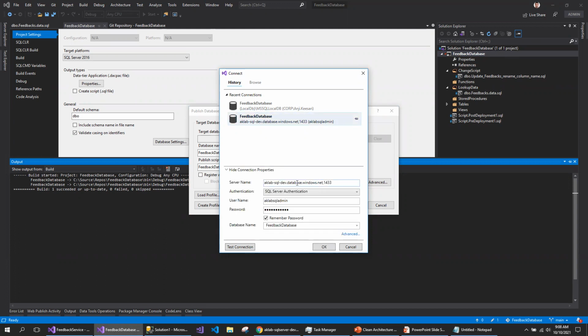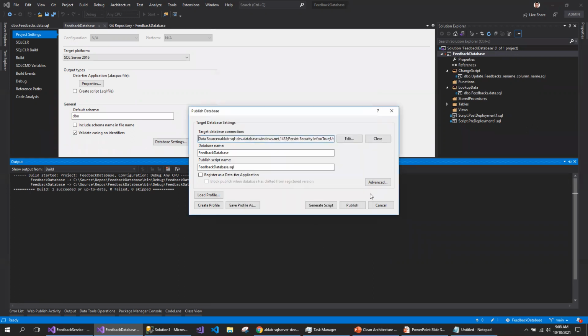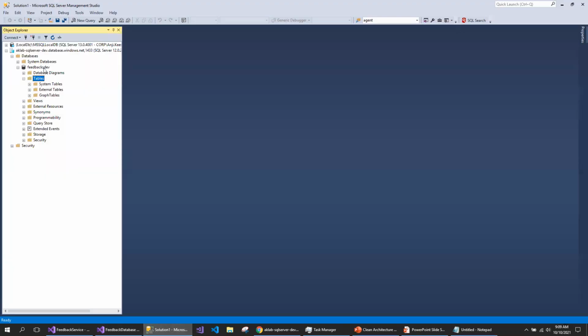AK Lab SQL Dev database, test connection. So the database name I gave is feedback dev.